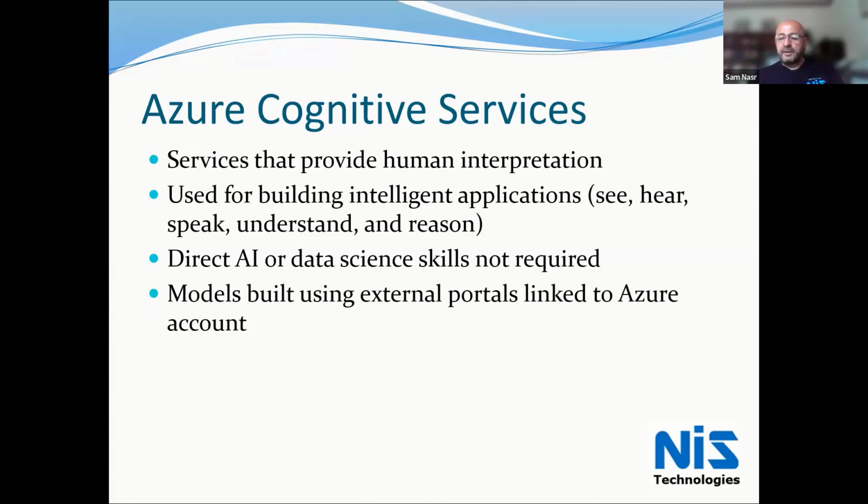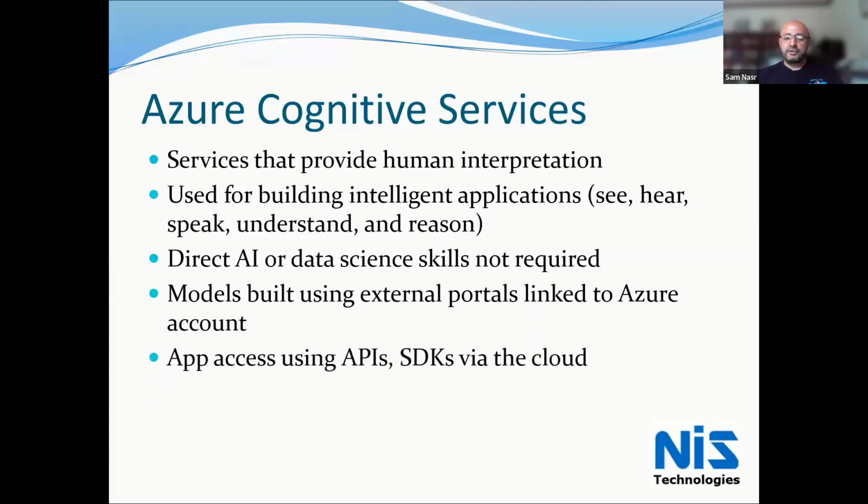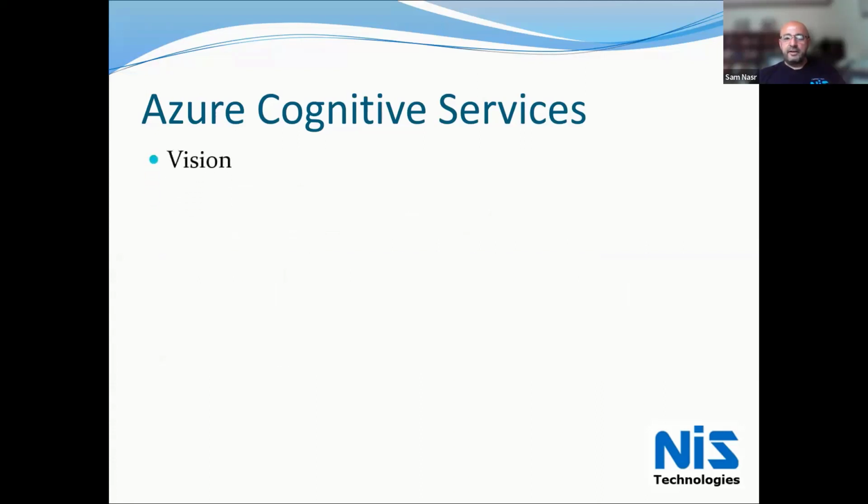These models, depending on which one you're using, whether it's, we'll talk about Lewis in just a second, required an external portal that was linked to Azure in order for me to further train it on some specific phrases. I access the portal, and I can access it using the APIs and the SDKs that are available via Azure. The set of services is divided into 5 different categories: vision, decision-making, language and speech, and then everybody's favorite, OpenAI, which involves ChatGPT. Let's dive into it in a little more detail.